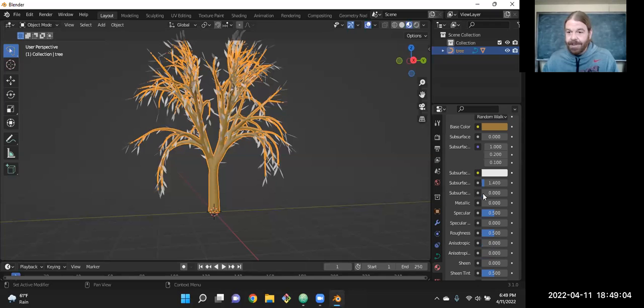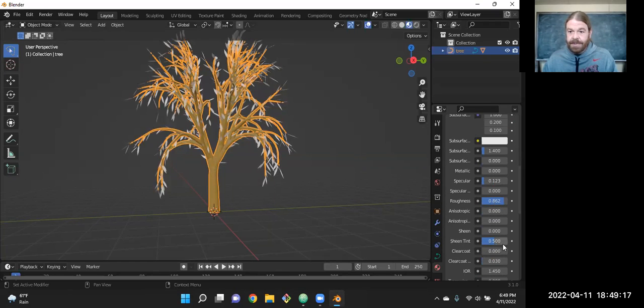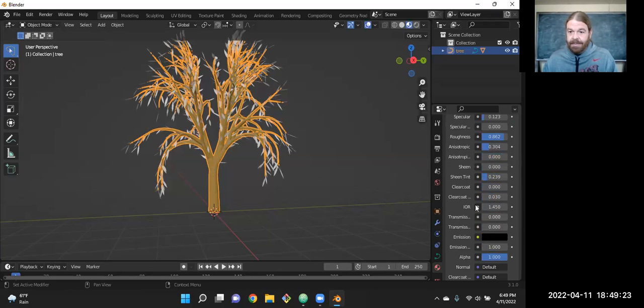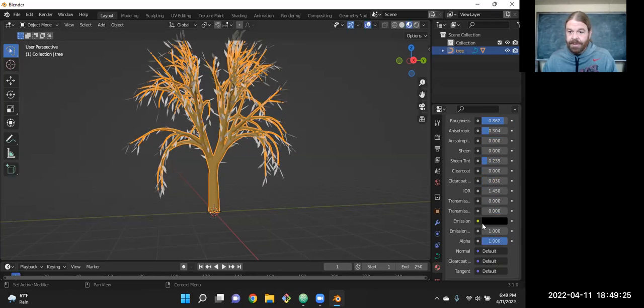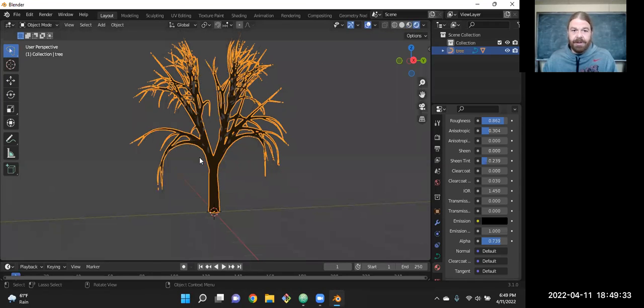And then we have these other ones. So tree bark's not going to be very shiny. It's not going to reflect light at all. So turn down the specular. I'll turn the roughness up quite a bit. Don't need any sheen on it. Maybe some anisotropic, just a little. Probably not a clear coat. I'll turn a little bit of transparency on. And we define that material until we get it.